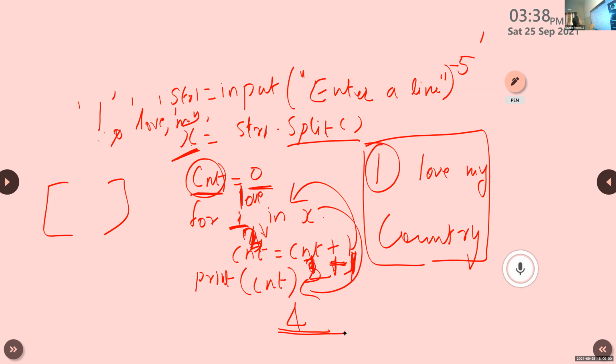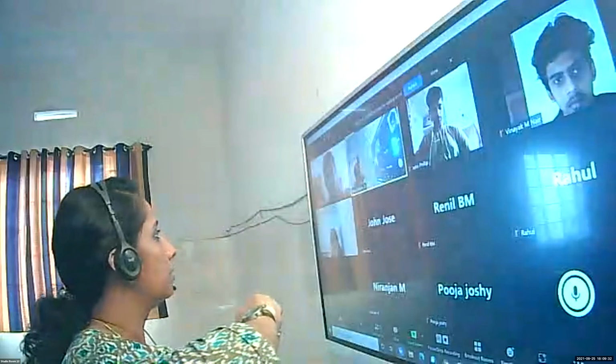For that, first I split that sentence into different words, initialize a counting variable with 0, and use a for loop for accessing those words one by one. After assigning the first word, we increment the count, and the next time, it will again increment it. So the final result, CNT, is 4. Okay, children?